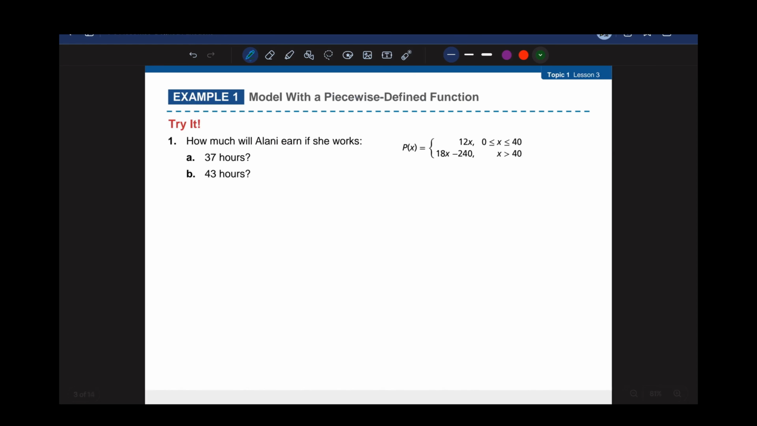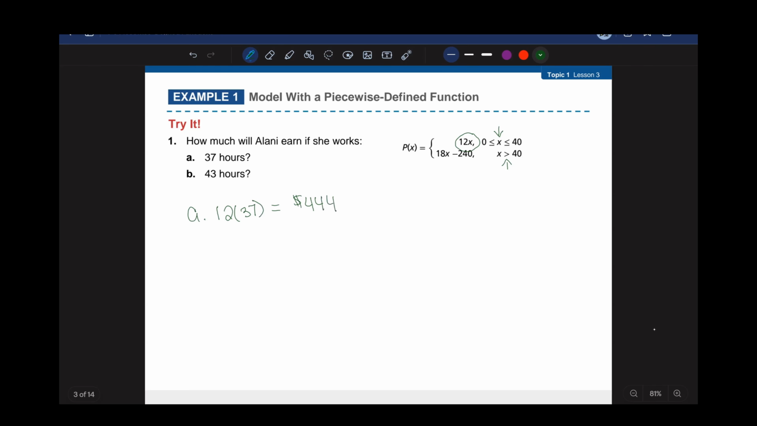All right, so I have already written over here what we just had on the previous problem. It wants to know how much she's going to earn if she works 37 hours. So I have to decide, is 37 going to be between 0 and 40, or is it bigger than 40? It is definitely in between 0 and 40, so I will plug into the 12x, so 12 times 37. That's going to get me